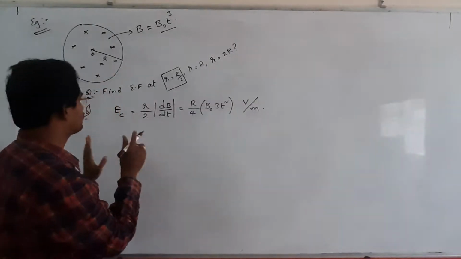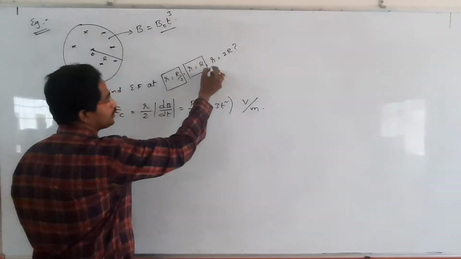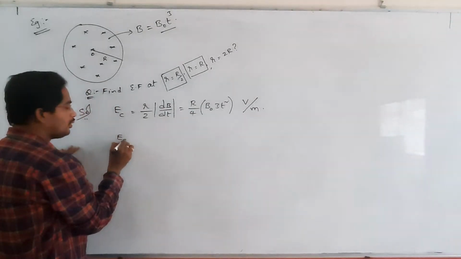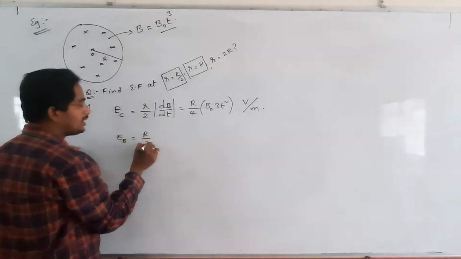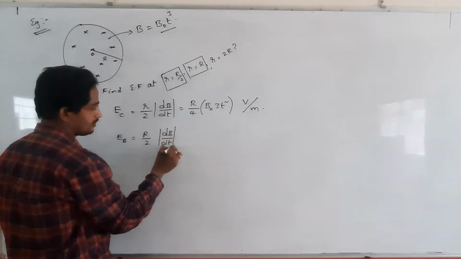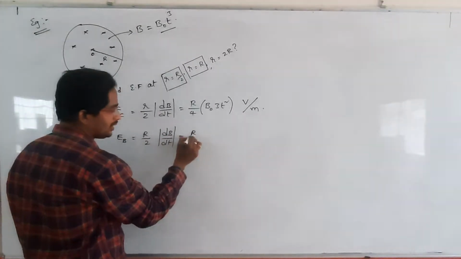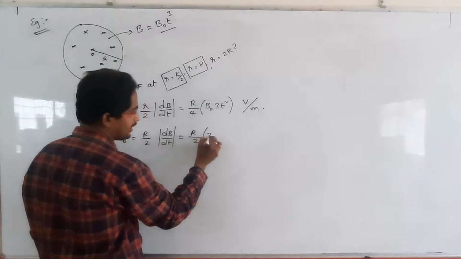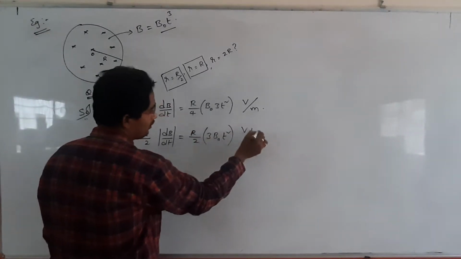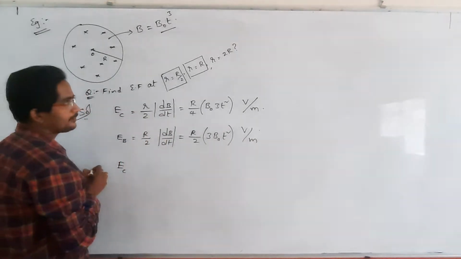Okay. So over. Come to the second case. Small r and capital R both are equal. Then what are we getting? E equal to R by 2 into dB by dt. What is R by 2 mean? R by 2 only, that value into 3B naught t square. Volt per meter. Over.